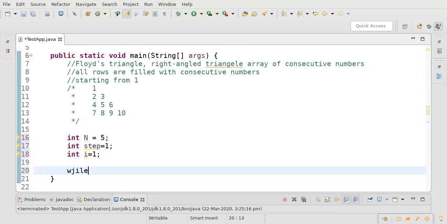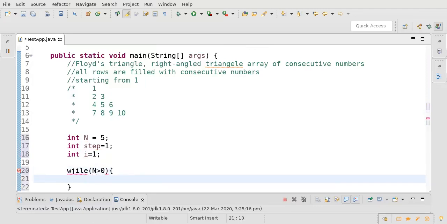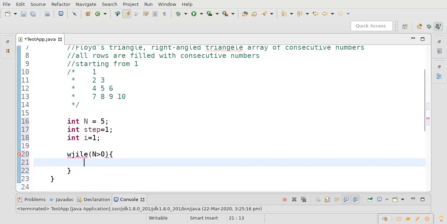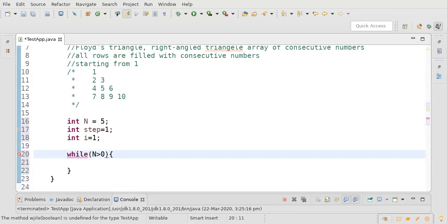Loop should continue for 5 rows, n greater than 0, while